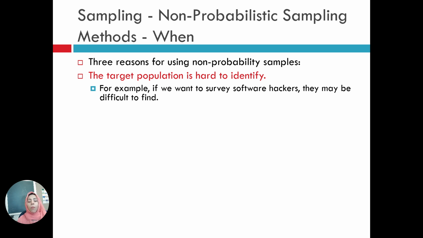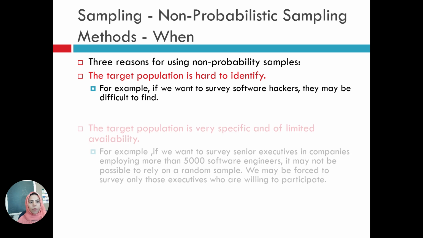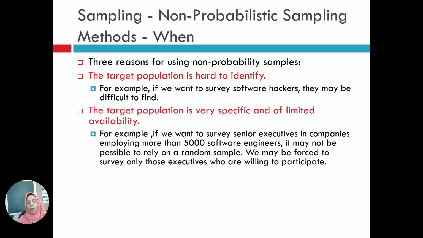So this is a phenomenon जिसकी target population is not easy to get by. So as a researcher, you may have to resort to a non-probabilistic sampling technique, क्योंकि आपके पास कोई ऐसा sampling frame ही नहीं है जहाँ पे आप अपनी probabilistic sampling technique, either simple random sampling or stratified random sampling, लगा सकें. The second reason that researchers